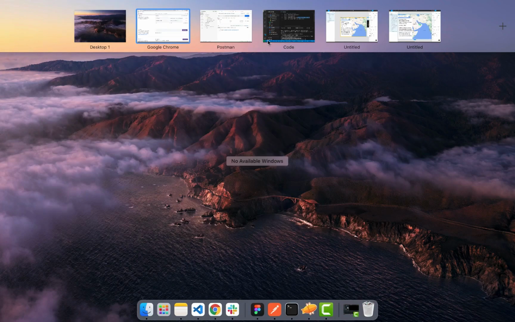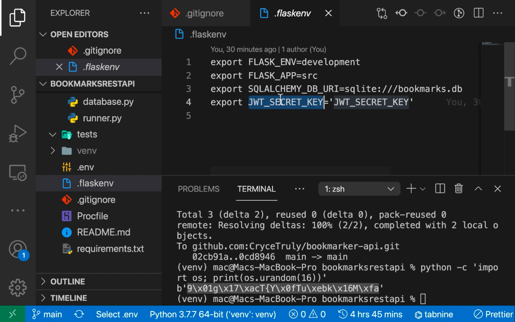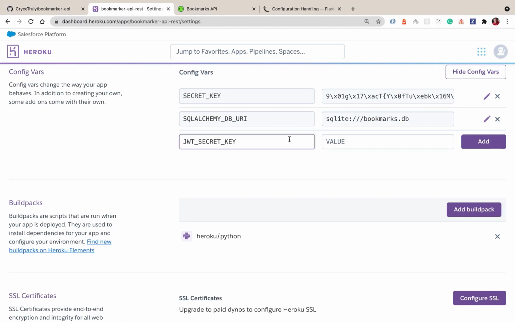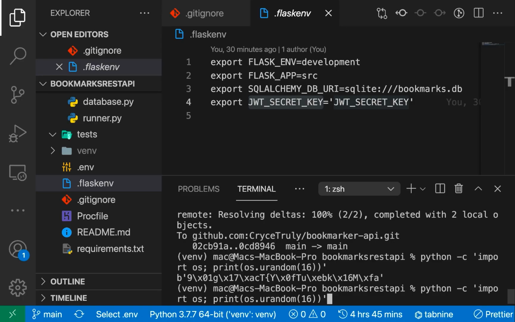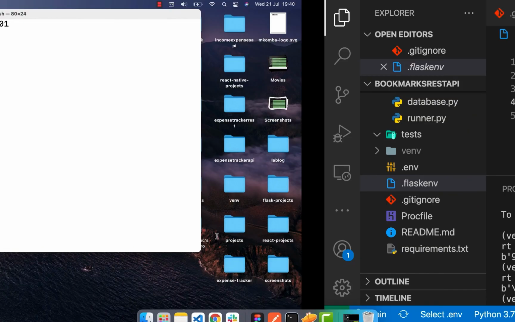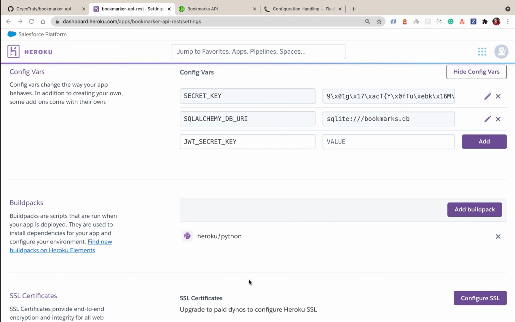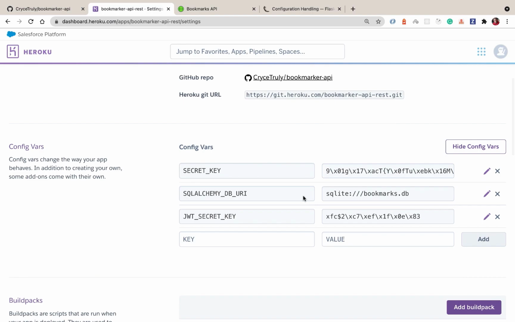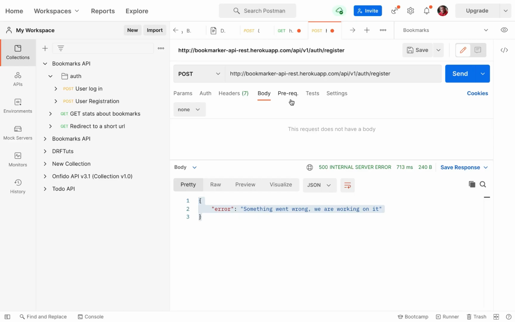So let's also add our JWT secret. So copy this. For this secret, it can be anything. This time we are not going to generate 16, let's generate 8. So we get this. We just copy any part, any substring is okay. Just have something to work with. And now when we save this and we go back to our Postman, since they don't give us a lot of information,